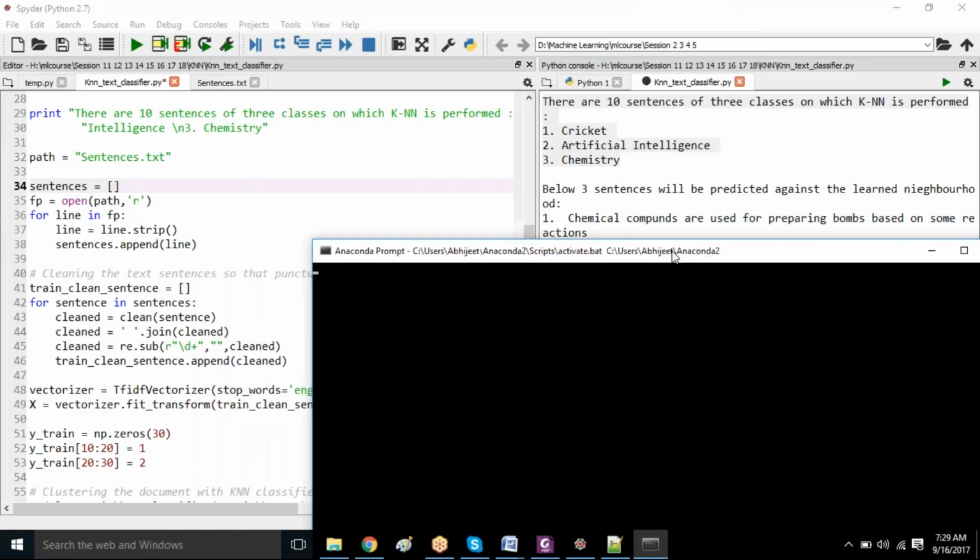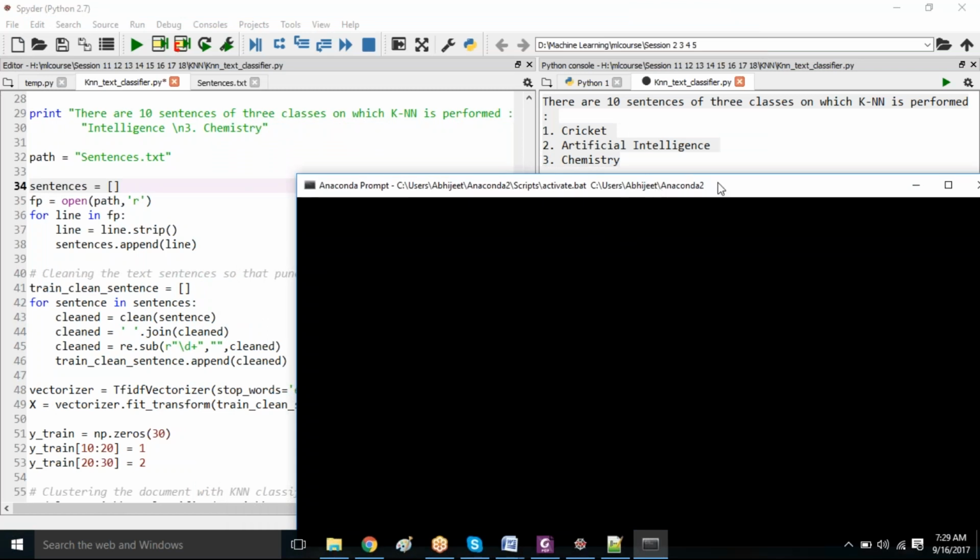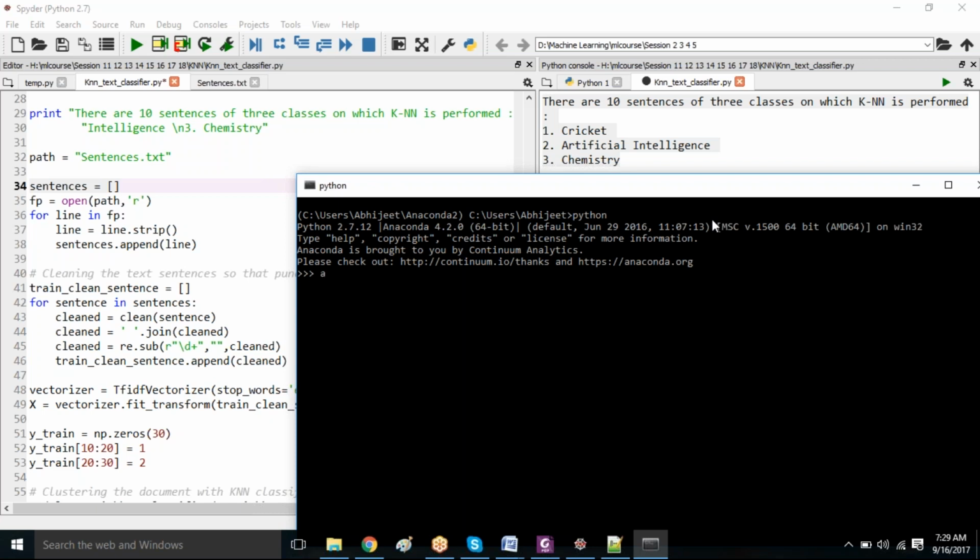How do you write a list and append to a list? Suppose I took a list like this. This is an empty list, isn't it? Now if I append here,